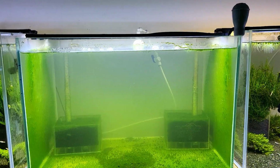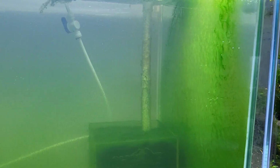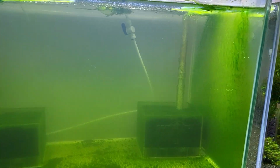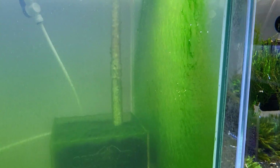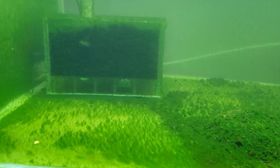Guys, now I'm going to tell you what you need to do to make sure you have plenty of that algae in your tanks. And guys, take a look at this tank. This tank is 6 weeks into the cycle. So once you start cycling your tank, make sure you do everything right and your algae start to grow in the beginning, and it will continue to grow for the rest of the time, providing your shrimps with plenty of food. And what you need to do to make sure your algae start to grow nicely in the beginning is,